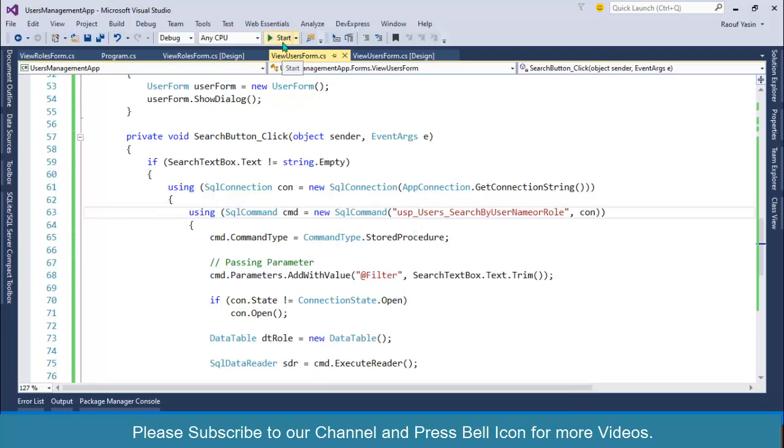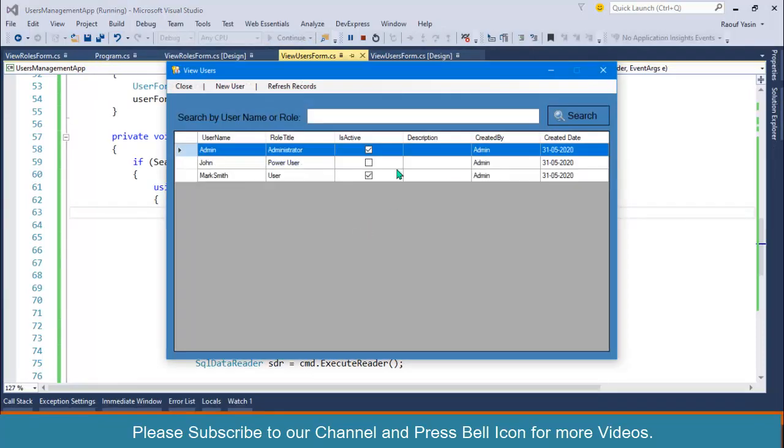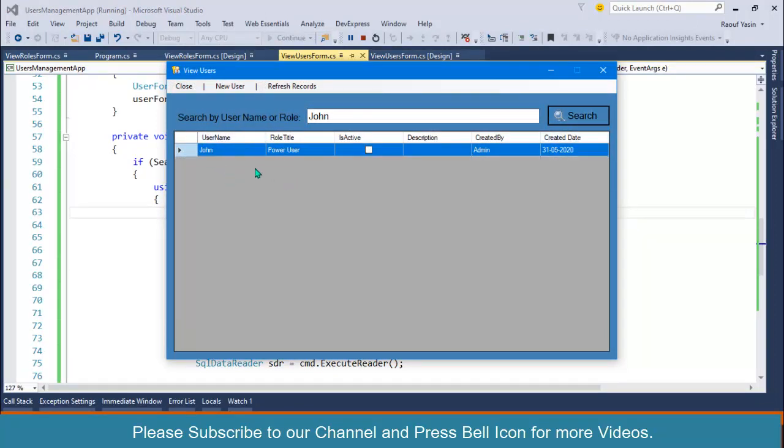Start your application again. Now let me search on the basis of John. Look at this, we are getting our desired output, 100% working. Because this is the case for username, let me search on the basis of this power user, on the basis of user role. Click on search.